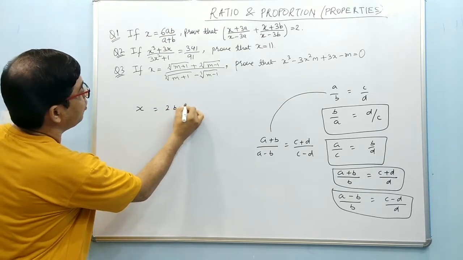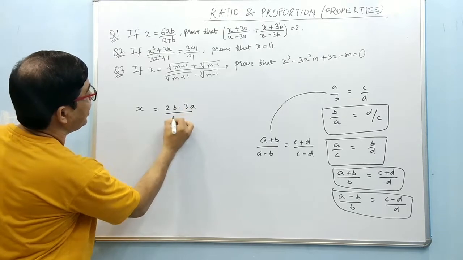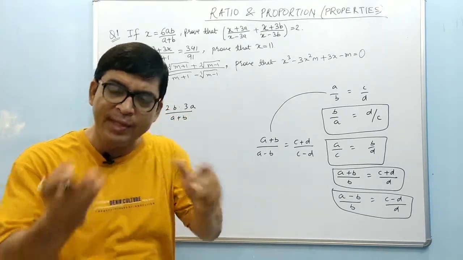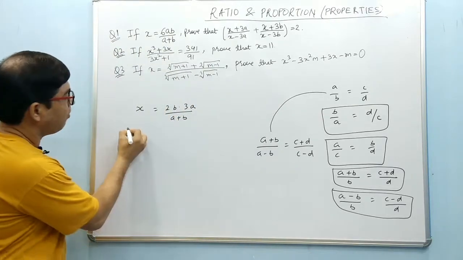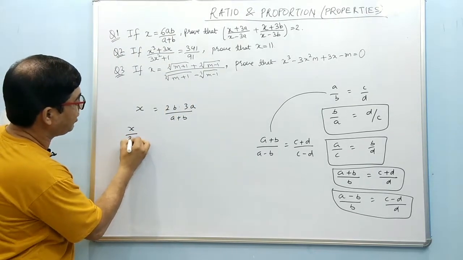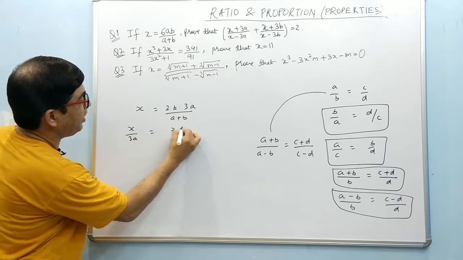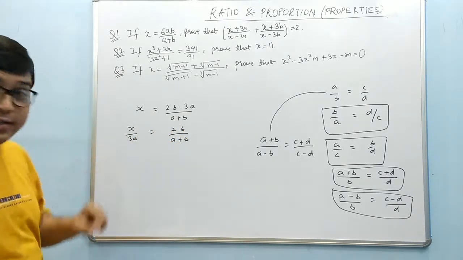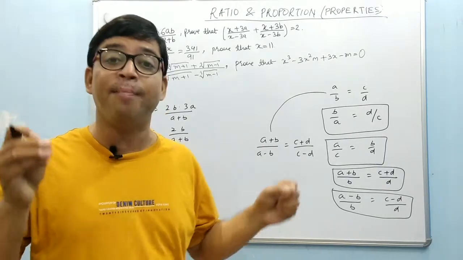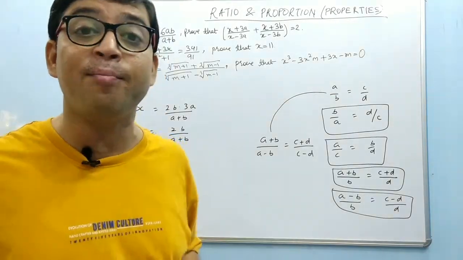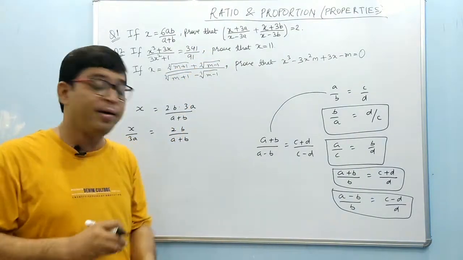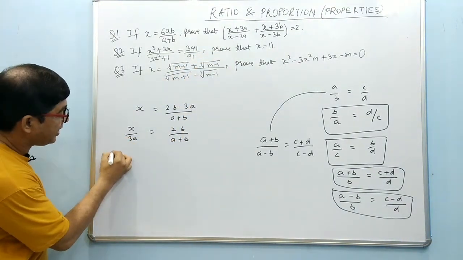2b into 3a by a plus b. Why am I writing this? I have to bring this 3a here. So on bringing 3a here, x by 3a is equal to 2b by a plus b. Why did I do this? Because after applying C and D, that is componendo and dividendo, I will get what I want. So applying C and D,